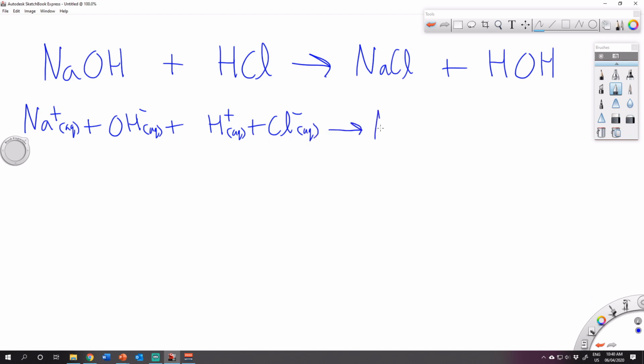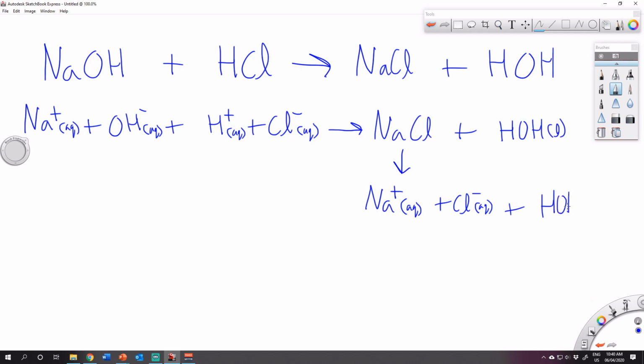Now here, this will create sodium chloride and HOH. This will be liquid. But if you check your table of solubility, sodium chloride is a soluble compound because it's got an alkali metal. Alkali compounds are generally very soluble. So the sodium chloride will immediately dissolve back into sodium ions and chlorine ions,